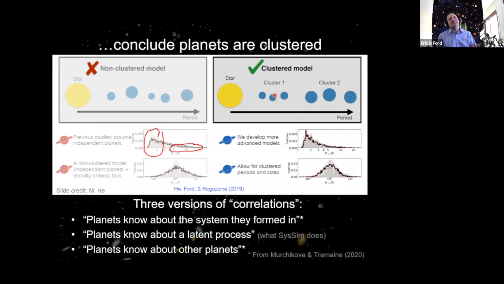And so one of the nice things about this model is even when our forward model isn't sophisticated enough to include the more distant clusters having a larger characteristic size, we can still do a null hypothesis test where we say, well, let's take our model as the dumb version, fold in all the selection effects and see, yep, there is a preference for it to detect these more massive planets in the exterior, but it's not as strong as what's observed. And so the excess strength of the correlation is beyond what the detection effects lead us to believe, so there actually is a preference for the more distant planets to be larger.